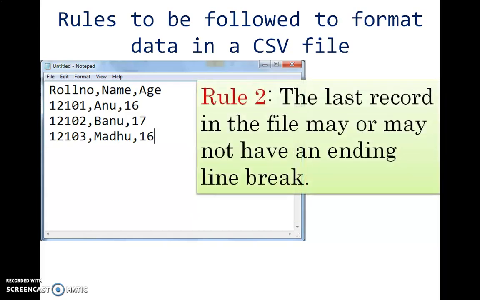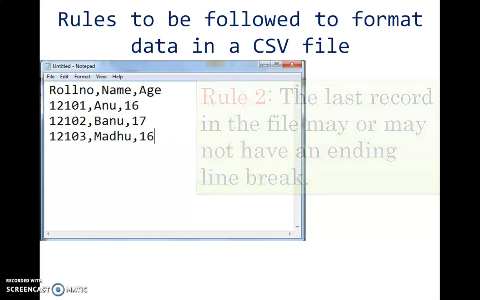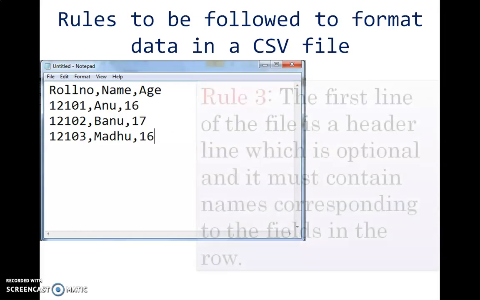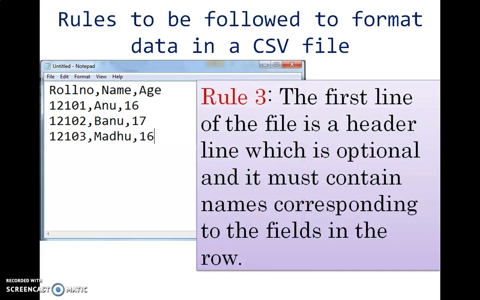Rule 2. The last record in the file may or may not have an ending line break. That is, when you reach the last record, you may or may not press Enter key. Rule 3.